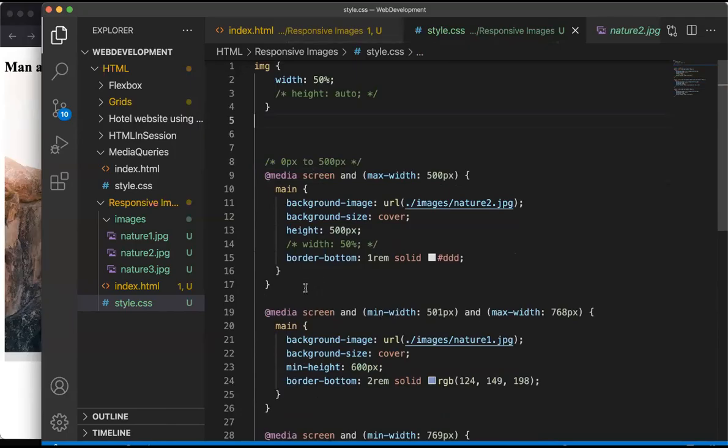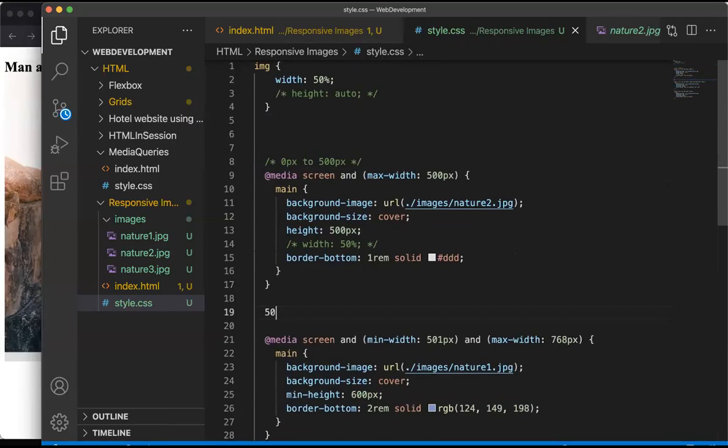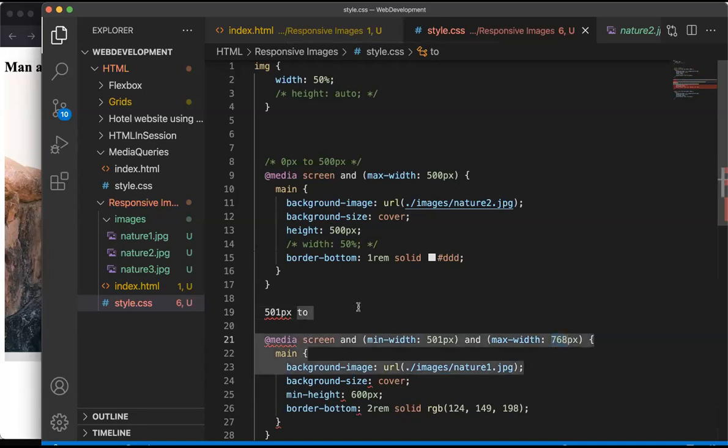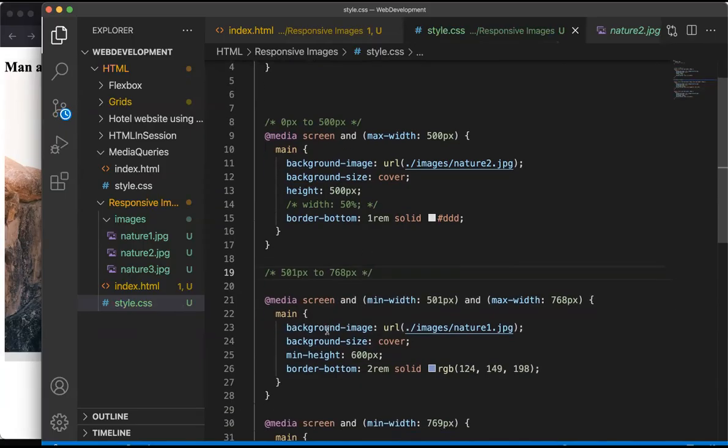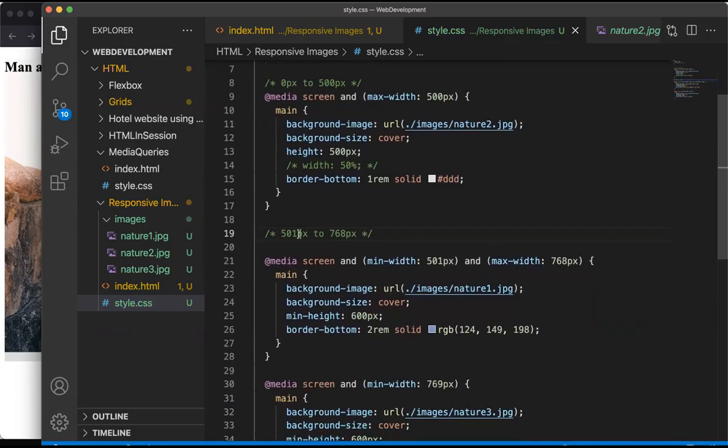After that, what I'm saying is from 500, and because 500 we have already covered, that's why I have 501 this time. From 501 pixels to how much? 768 pixels. Why I have used 768 pixels is that this is generally the screen size for your tablets. Yes, sir. So for this screen size, which is greater than the phone and comes under your tablet,